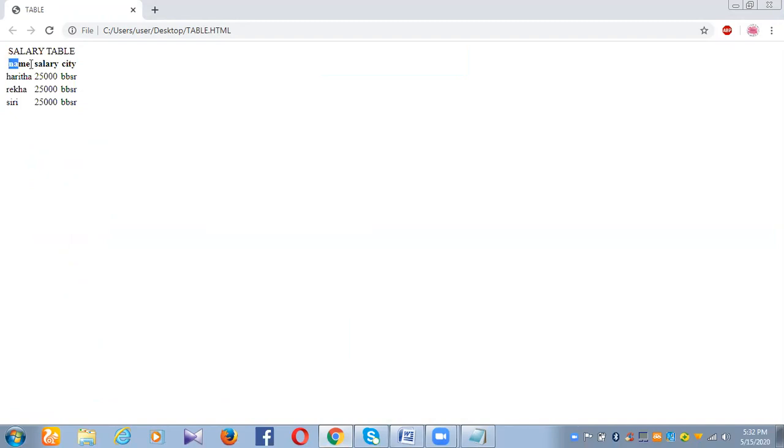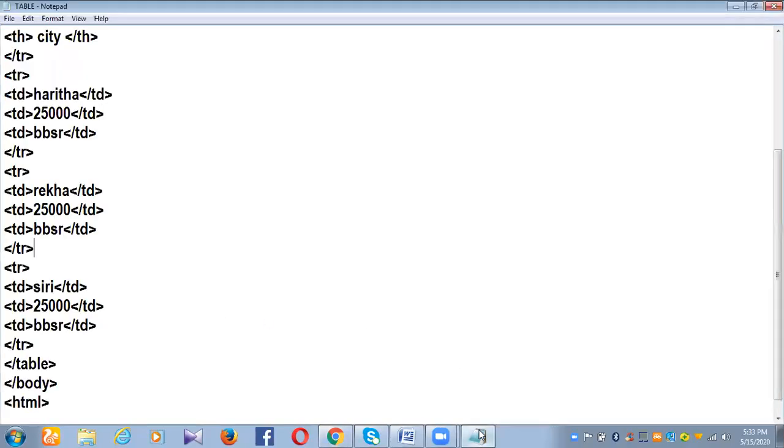Here is the table heading: name, salary, city. And here is the data of three persons displayed under the headings: name Harita, salary 25,000, city BBSR.